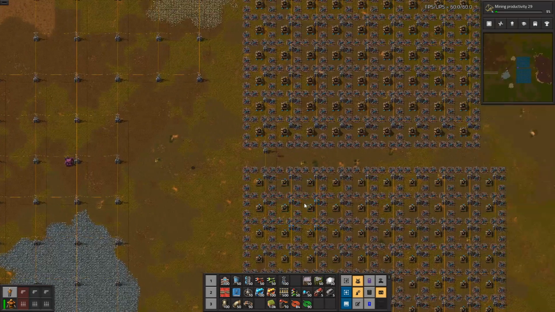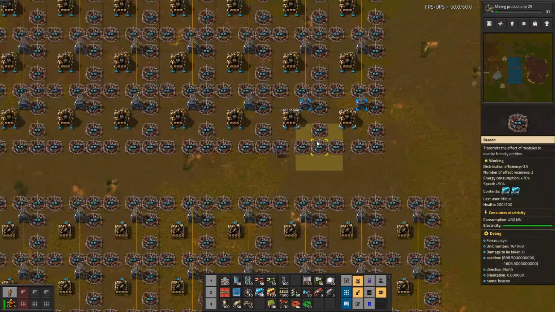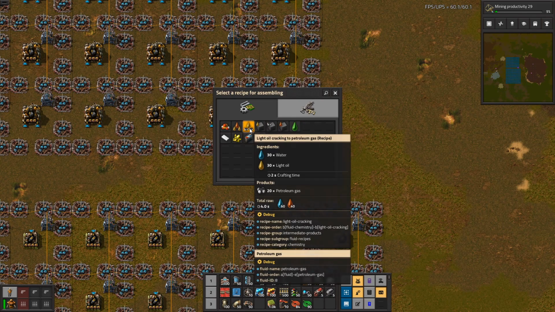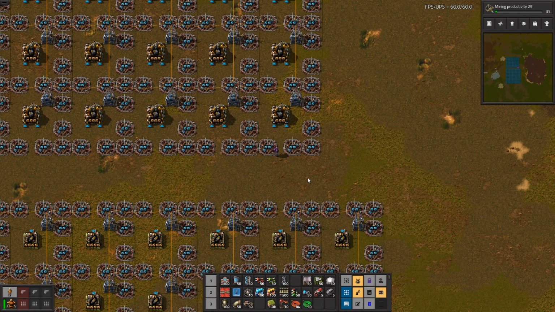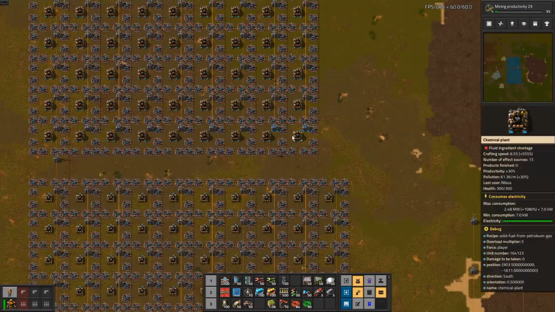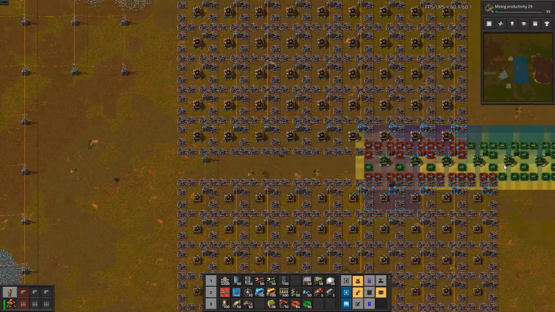That's an option. Now there is another option for this, and that's actually making all of it with this one. It is 2 crafting feet. It's the same speed, so it's the same amount, but the quantity. So if I do this,